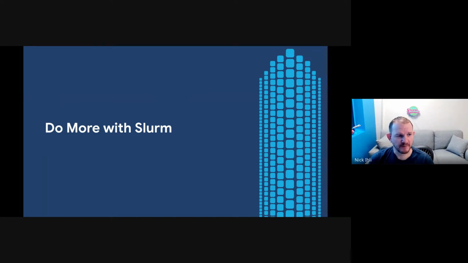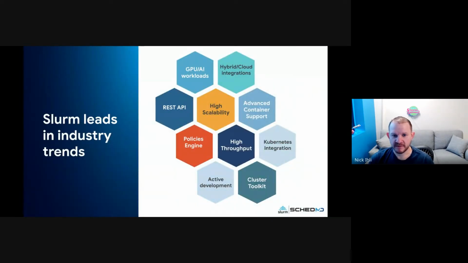And we'll talk about some of those new features that are coming out in the next release here as we go. So let's dive into Slurm. We always like to say with Slurm, we can do more with it. There's a lot of capability in Slurm that it is providing in the industry with the different trends that are out there. We'll talk about a few of these items here today, specifically cloud computing, integration with Google's Cluster Toolkit,